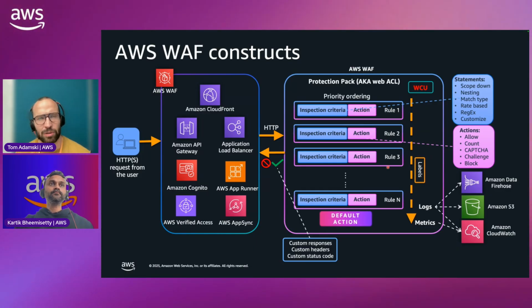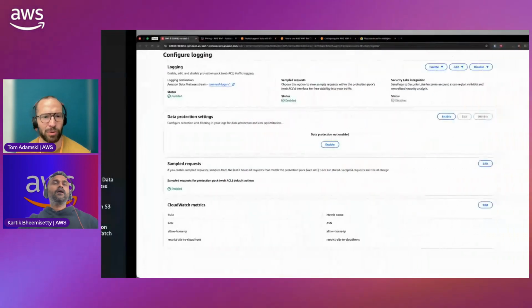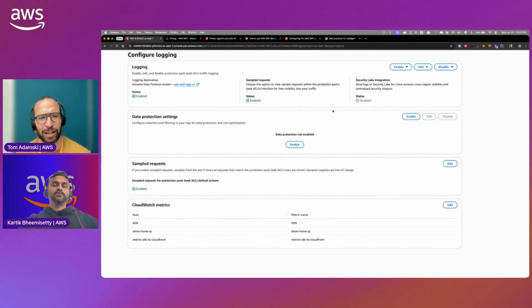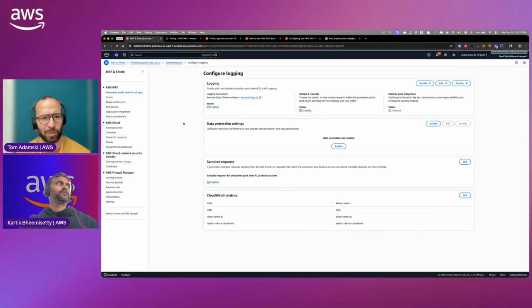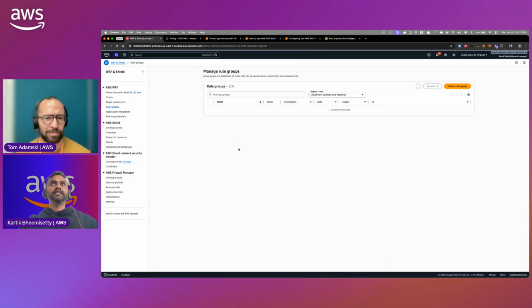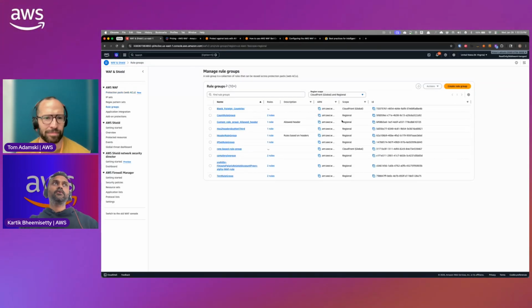And then the rule groups, I'm assuming I can share them using Resource Access Manager across accounts, right? Or how do I deal with it: I created a rule group in account one, but I have a bunch of deployments across different accounts. Is there a way for me to... So rule groups are basically per region. Okay, you have to configure in each region and in each account. On Resource Access Manager, is there a way to share?